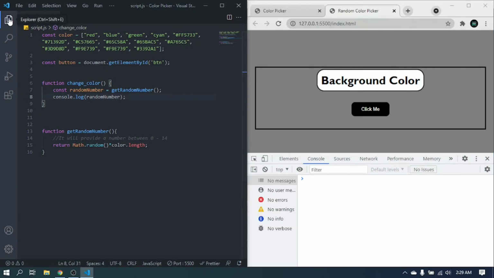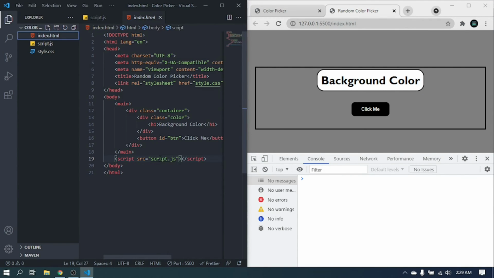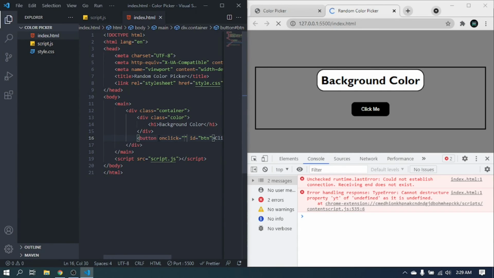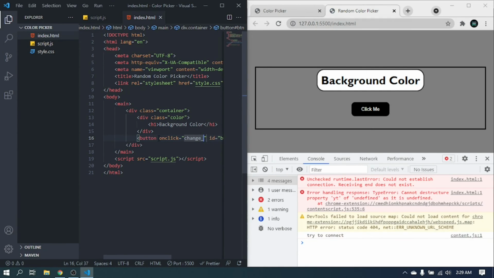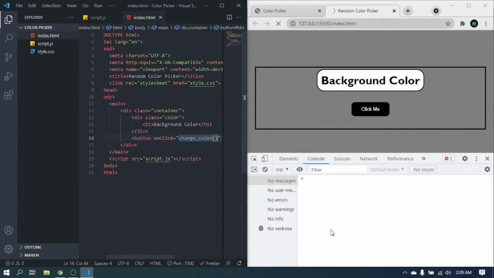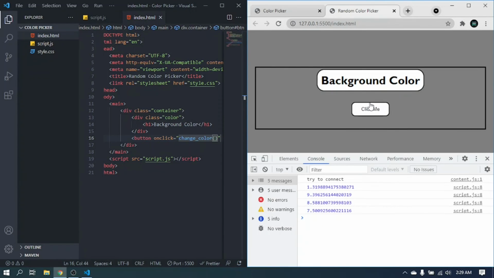So the error is, I think we have not added the on click function in this button. On click, go to the change color function. So now if I click, it will generate a number,